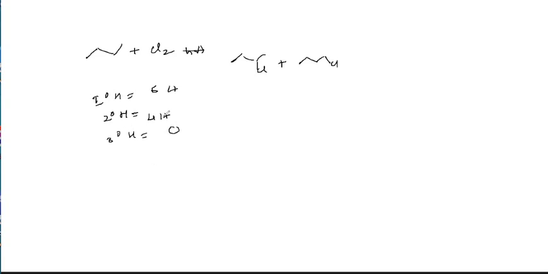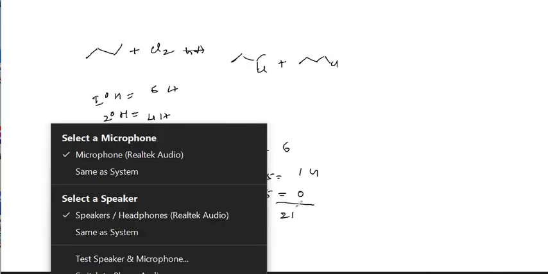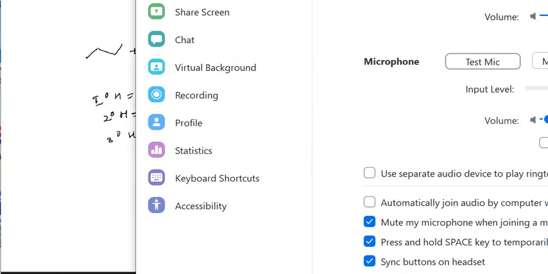Right? Now here there are 6 primary hydrogens. Each primary hydrogen replaced by chlorine, the value is 1. 6 ones are 6. Again, secondary hydrogens replaced by chlorine. How many secondary hydrogens are there? 4 into 3.5, that is 14. Then tertiary hydrogens, right? Here 0 hydrogens, so 0. The total is 21. Now the formation of the product.